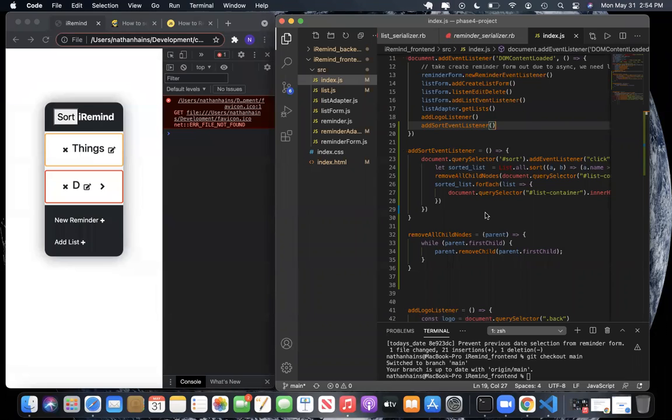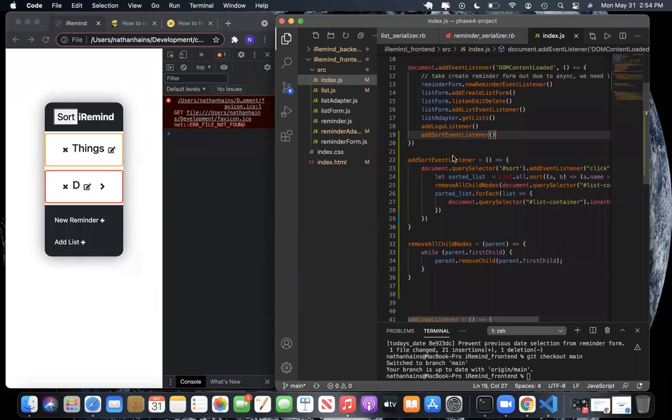All right, so this is to finish my assessment for the phase 4 project assessment. Basically, the goal was to create a sort button on the iRemind during my live coding session. And once a user clicks this sort button, it's going to sort the lists that are within this user specific